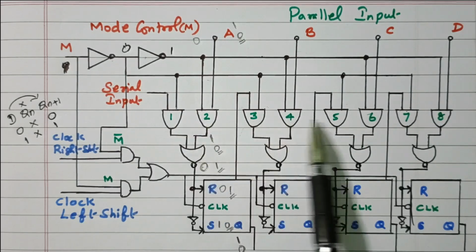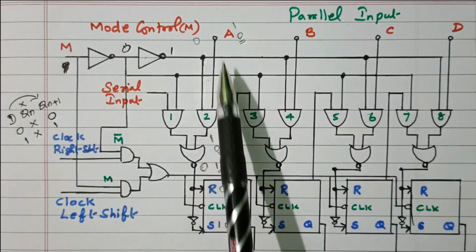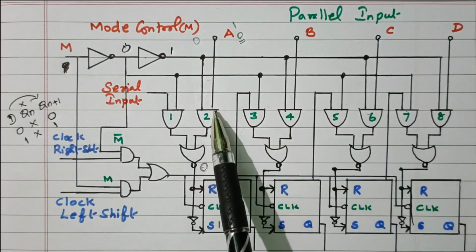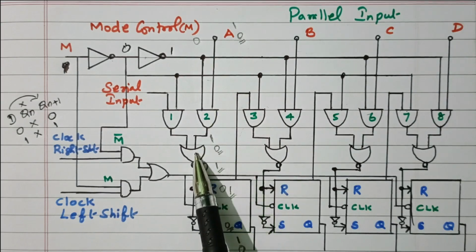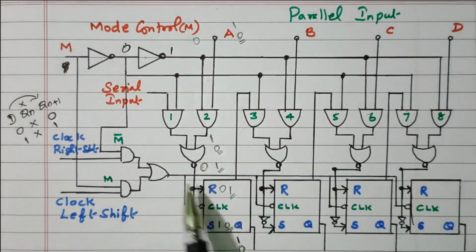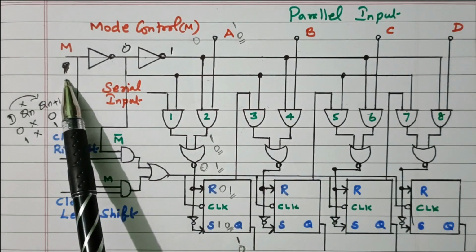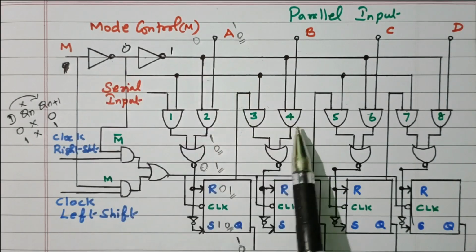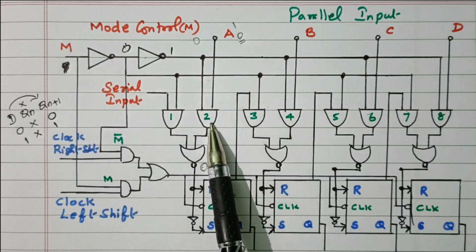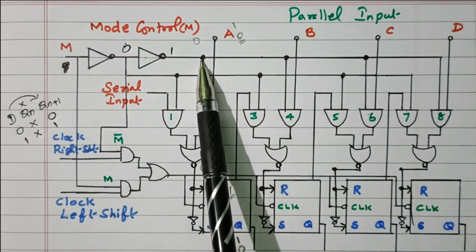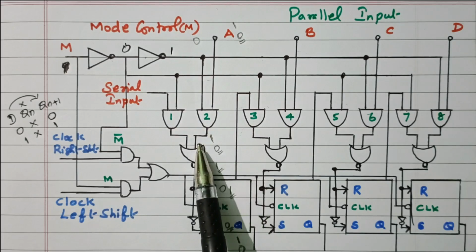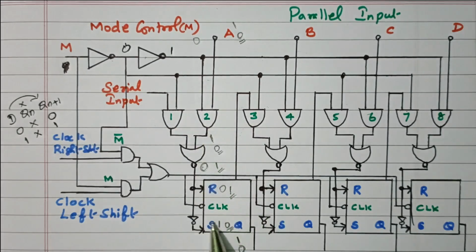See, in 2, 4, 6, 8 we have connected the data also. A is connected, B is connected, C is connected and D is connected. So what happened? From this the data will go to this NOR gate and it will go to the flip-flop, right? So this is called parallel loading, right? If M equal to 1, 0, then 1 means parallel loading, right? The data we enter goes to the second AND gate. Already this AND gate is connected with high level, right? So this output will go to the NOR gate, then it will go to the flip-flop,